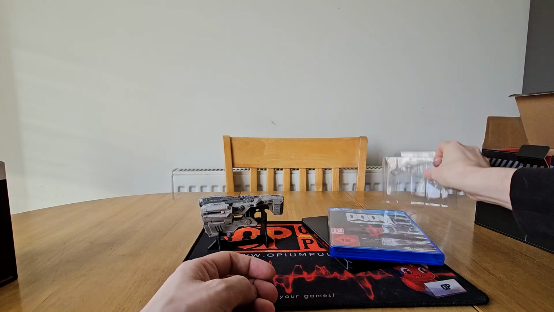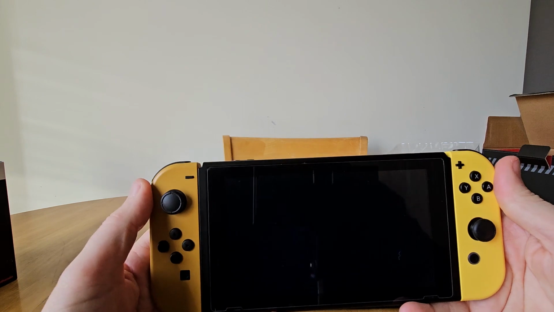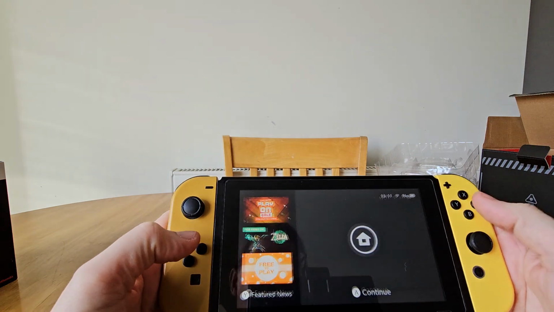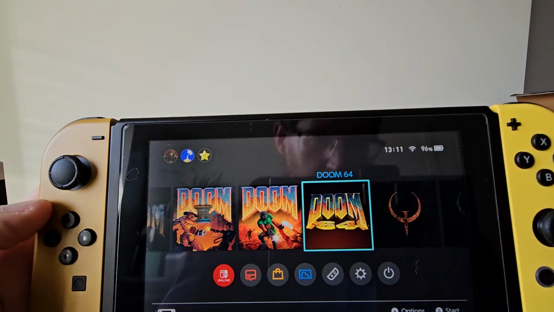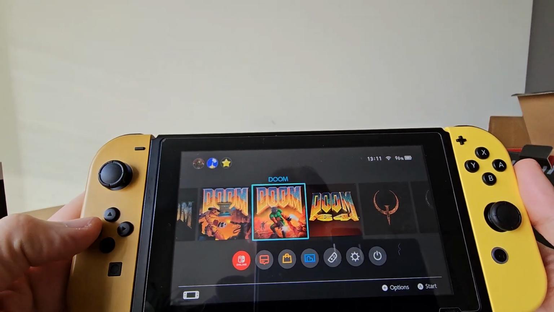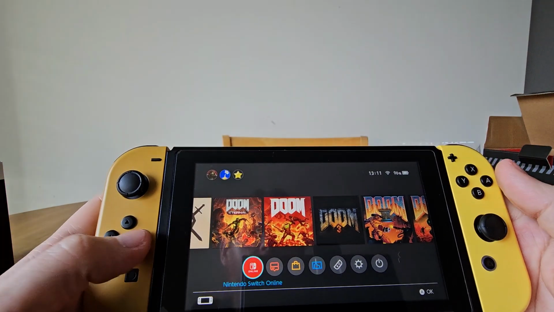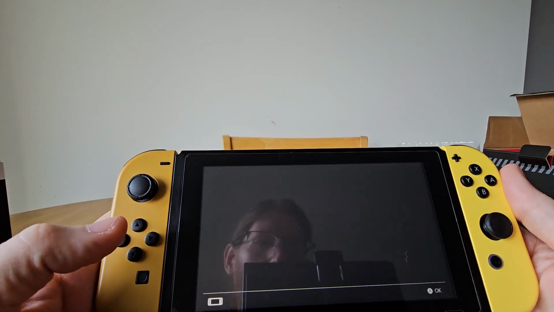And now I'll show you a little bit of how it works from the Switch perspective. So if I turn this on, you can see here from this point onwards, Doom 64, Doom 1, Doom 2, Doom 3, Doom 2016, and Doom Eternal. But if you were to jump into the store, now that you've redeemed that,